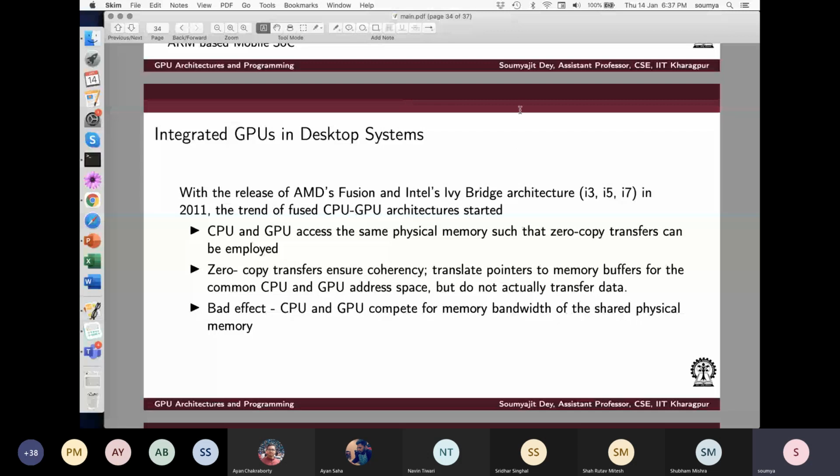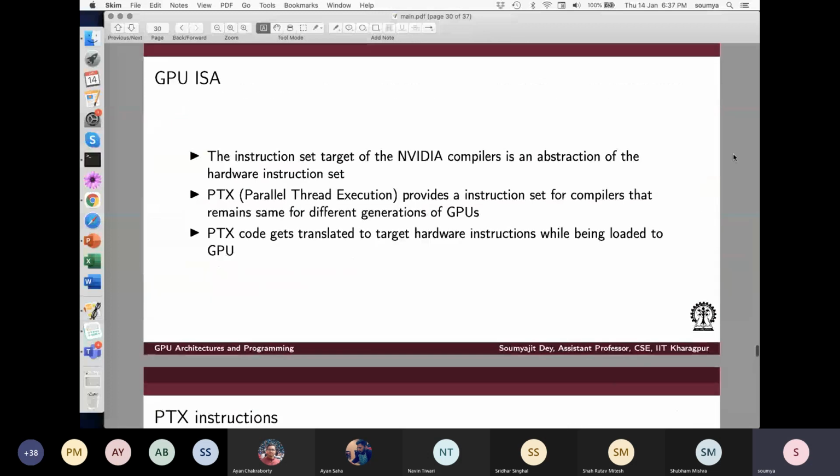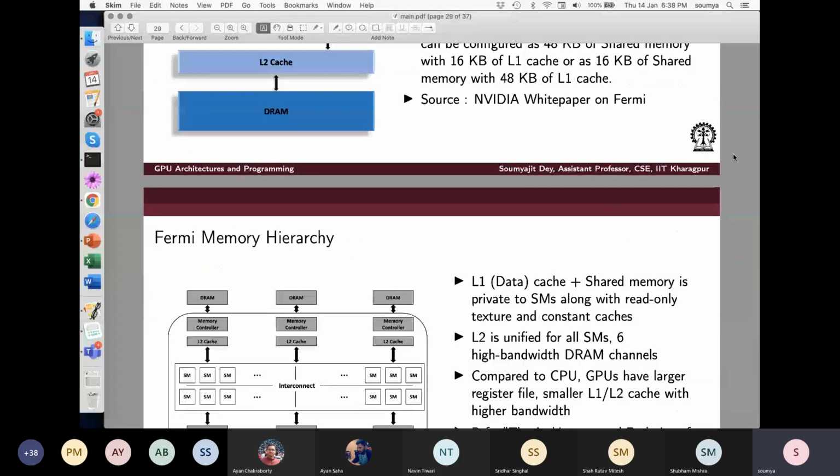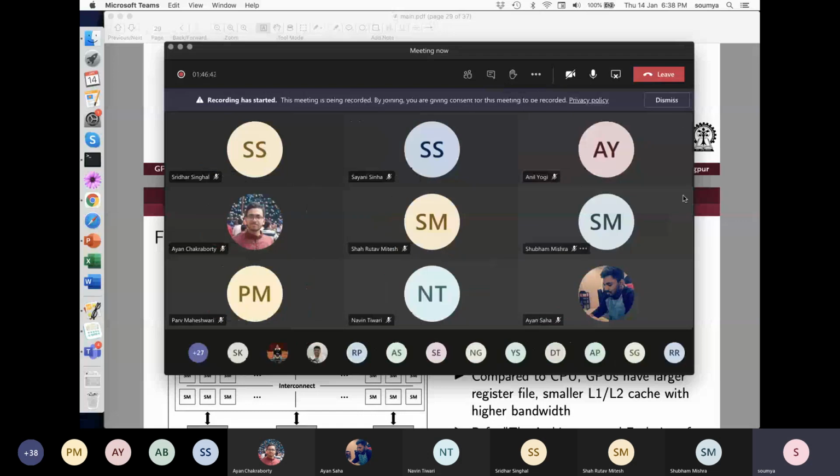Fine. So if there are no more questions, we'll end here and we'll post new lectures and introductory things to CUDA. But keep on pushing your questions in the student discussion forum, which we can handle. And just to ask, this way of conducting, people are okay? This is working okay, right? Yes, sir. Okay, fine.